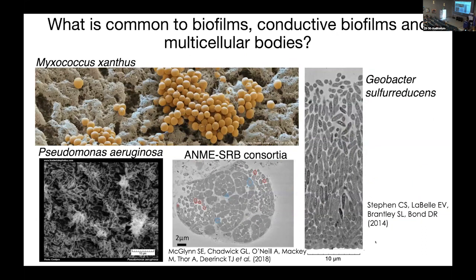So we inferred what components are important by basically using a lens of comparative biology. These are multicellular aggregates and they're conductive biofilms. So what is important for Geobacter sulfurreducens, which is an extracellular electron transferring microorganism that forms conductive biofilms? We expect similarities in what's found in ANME-SRB. Likewise, we use Myxococcus xanthus, which is a multicellular fruiting body, and ask what provides that kind of interspecies communication and formation. And then we use the components that are similar to that and see if they're found in ANME and SRB. Ditto for Pseudomonas, which forms another biofilm as well. So by using what is found in similar organisms and comparing it, we can identify what's important for the physiology of